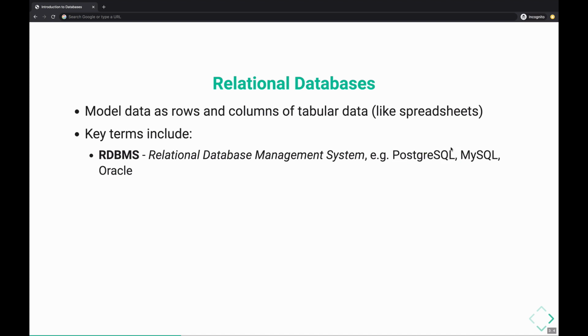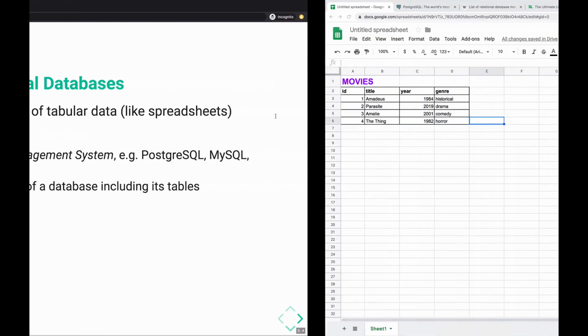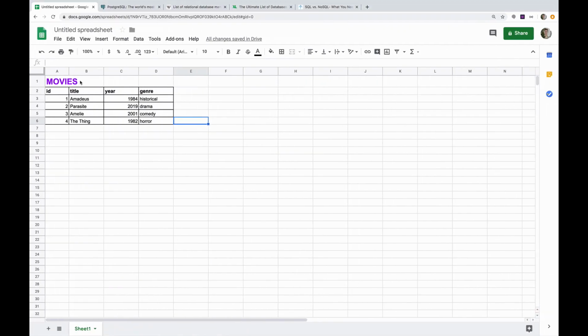So Postgres is an example of one of those things. I don't want to say it again, RDBMS. Another term you might hear is schema. So a schema is our representation of our database. It is like the game plan for how we're going to structure our information. So in a relational database, our data conforms to a pattern. This is one of the potential downsides, one of the things that people don't like about relational databases, sometimes at least, is that you have to write out an expectation for what your data will look like. Like we have here. For movies, I've laid out a simple schema that says a movie has an ID, a title, a year, and a genre.